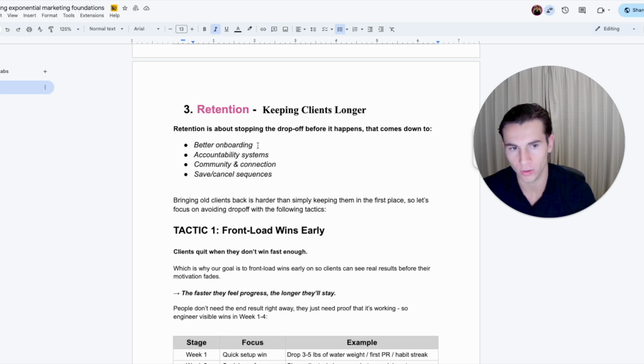So if you're going to put all of your eggs into one basket, I would say that you should put all of your eggs into the onboarding basket, because this is the 20% of the things that you're going to do that are going to result in 80% of the success. Okay?